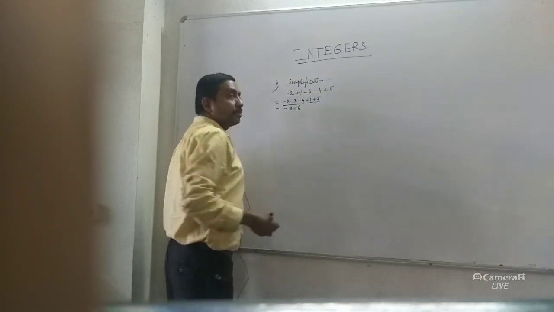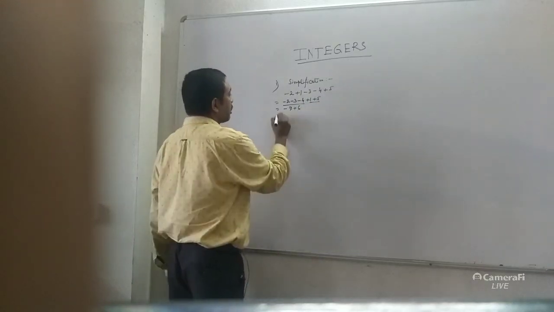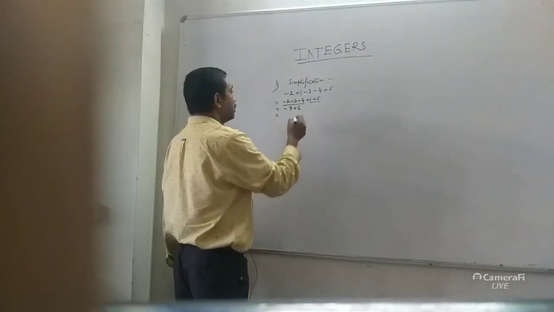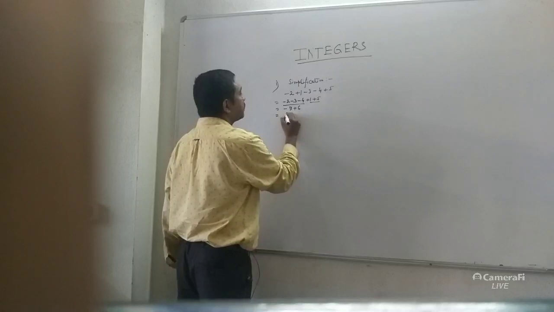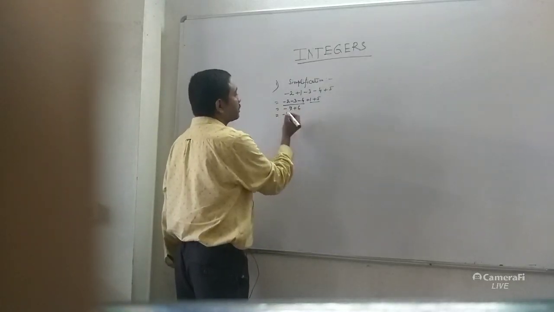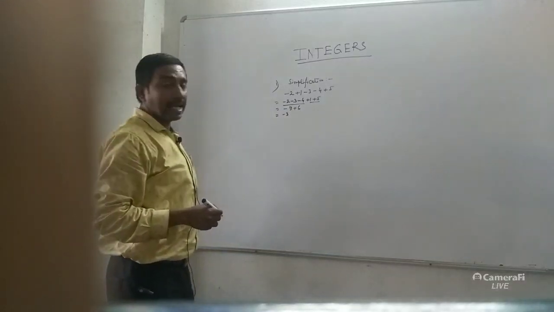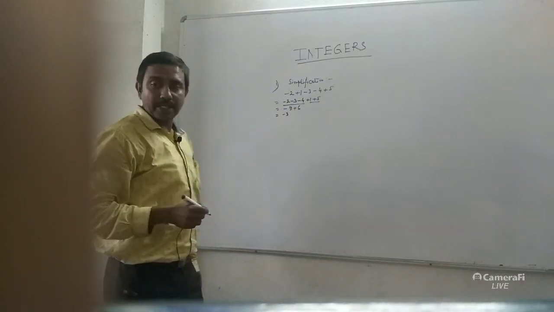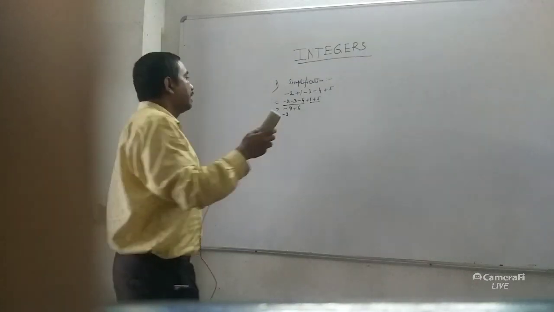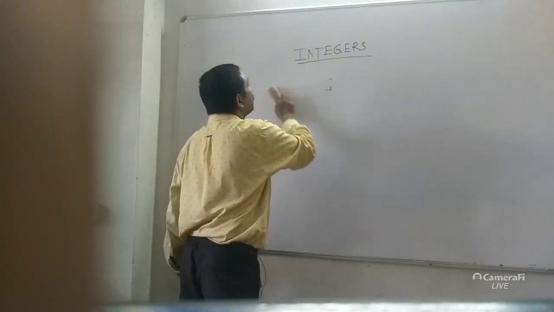Here also do the addition because both of them have the same sign. Now look, both digits have different signs. What should you do? Subtraction. So 9 minus 6, what comes? 3. What is the sign? The sign of the greater digit comes in the answer. Here the greater digit is 9. 9 has a minus sign. So in the answer minus comes. In this way you can simplify any equation.